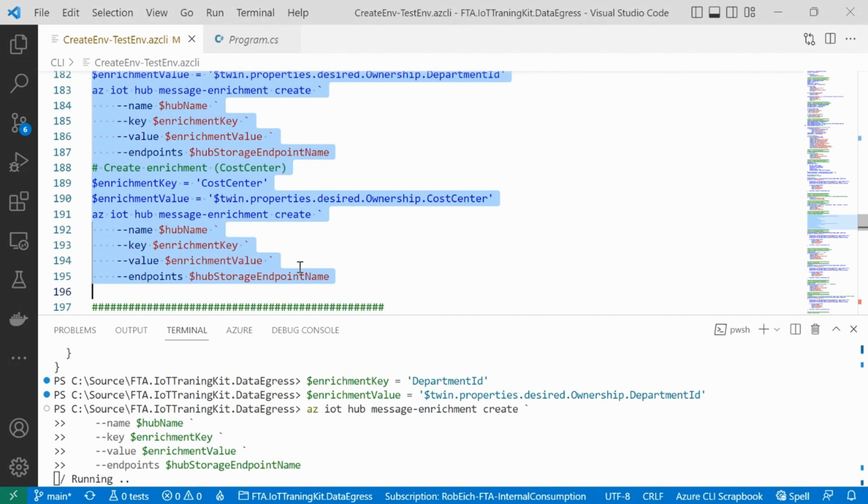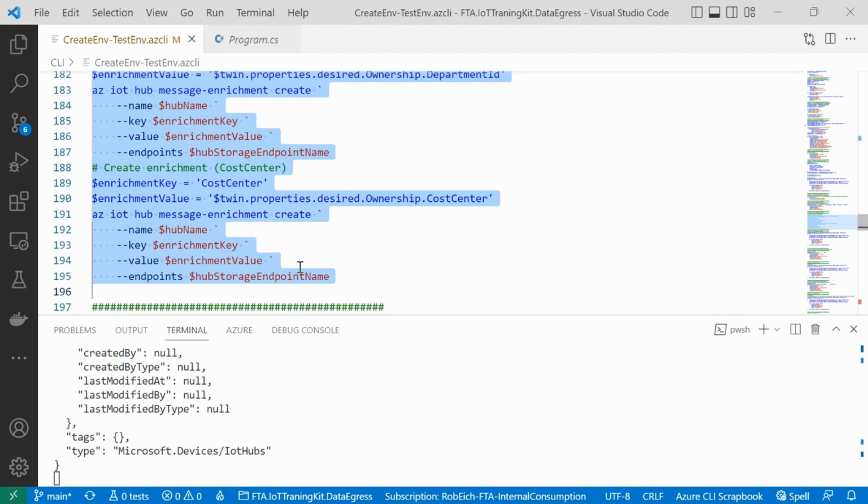We are creating this enrichment rule, and this enrichment rule will then be used by IoT Hub when a message from this device flies in, to enrich the incoming message. And as mentioned, that takes a couple of seconds.